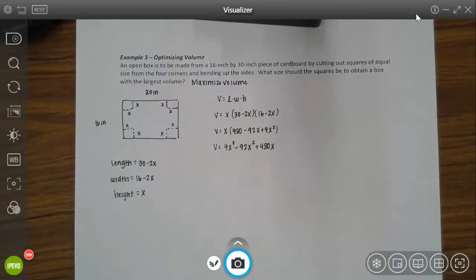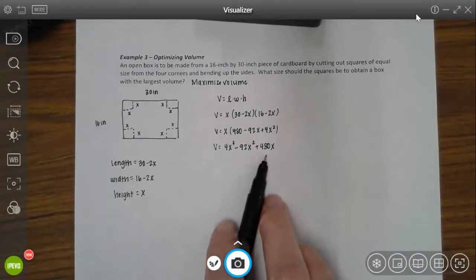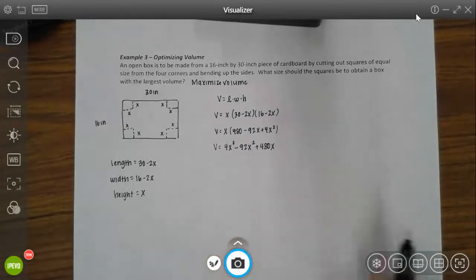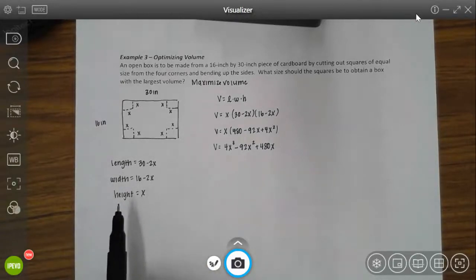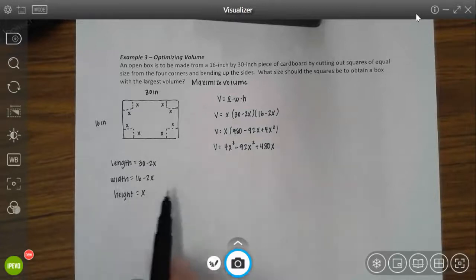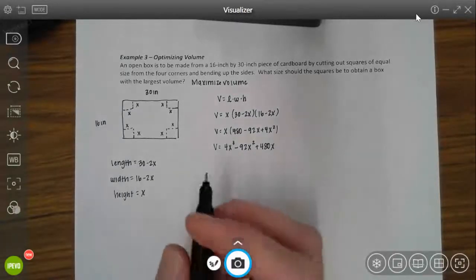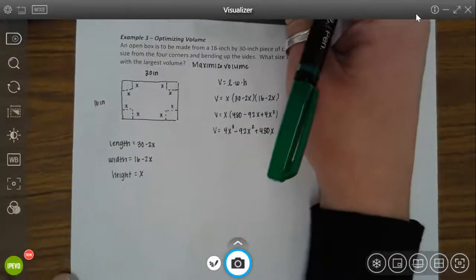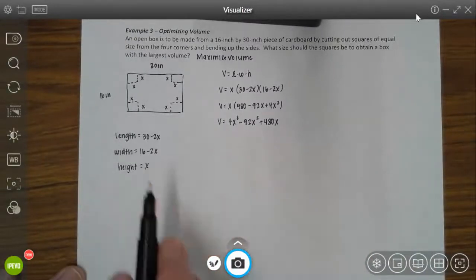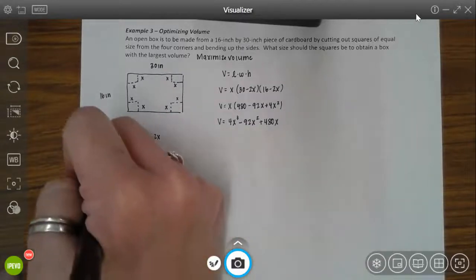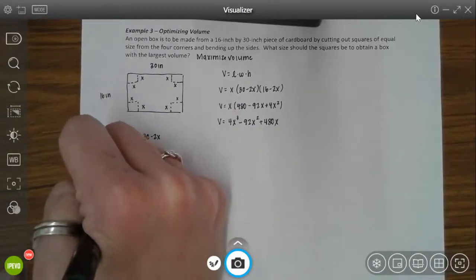So when we go to find our critical numbers, or when we take the derivative of this and set it equal to 0, we're going to end up with a couple of x values. What we really hadn't touched base on yet was these dimensions. We know that the dimensions of any box, area, length, or width need to be positive. So we have to make sure that whatever x values we get when we take our derivative and set it equal to 0 make these lengths, widths, and heights positive. We have to be a little bit careful